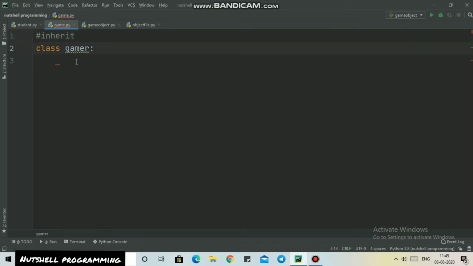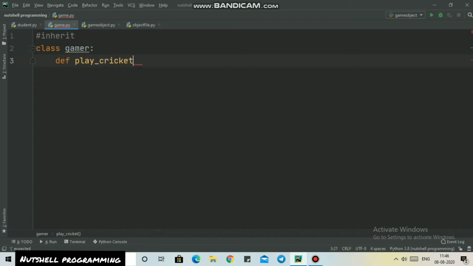Basically, when we build classes, like we have built class A, class B and class C, and there is a function in class A and there is a function in class B, we want to use both of those functions in class C. To do that, I have to use the inheritance feature in Python. So I'm going to tell you something about inheritance by using a program.